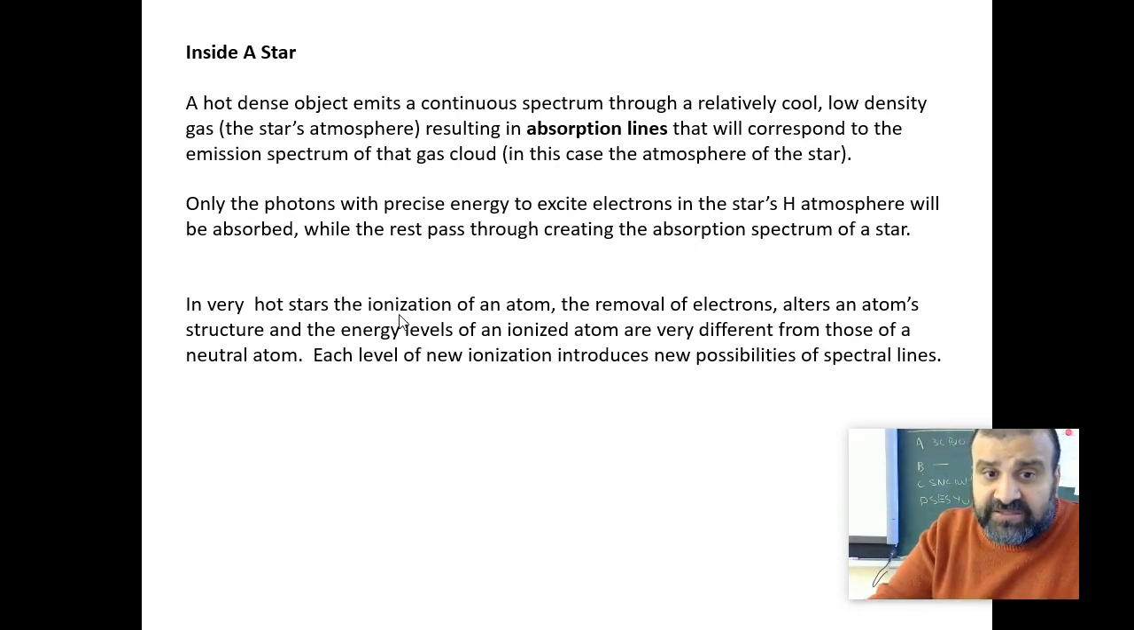In very hot stars, there is ionization of an atom, so an atom is so hot that the electrons get removed from the atom. The removal of electrons alters an atom's structure, and the energy levels of an ionized atom are very different from those of a neutral atom. Each level of new ionization introduces new possibilities of spectral lines. Okay? So ionized hydrogen will give you some more lines,